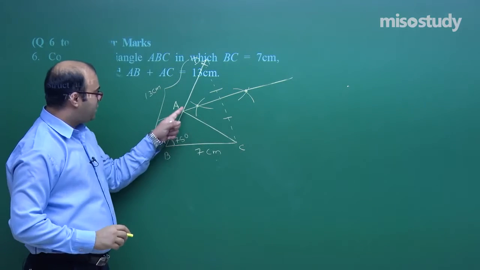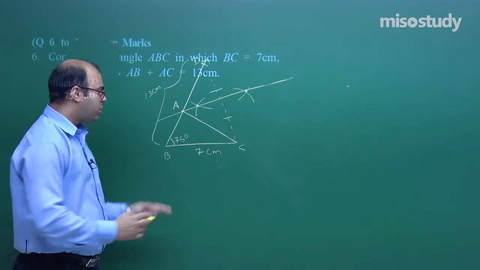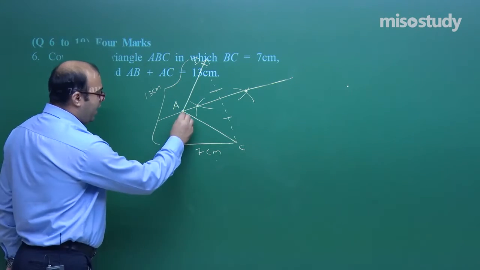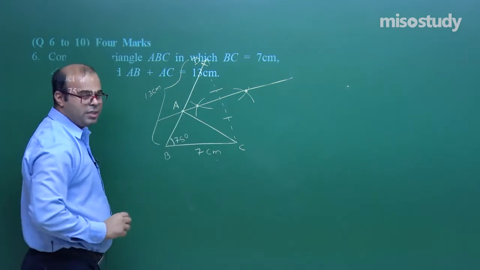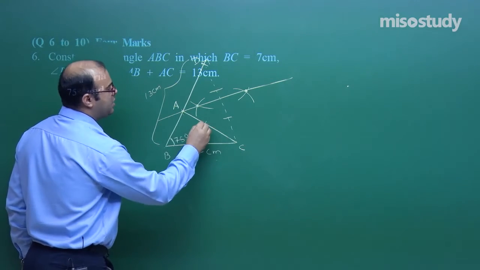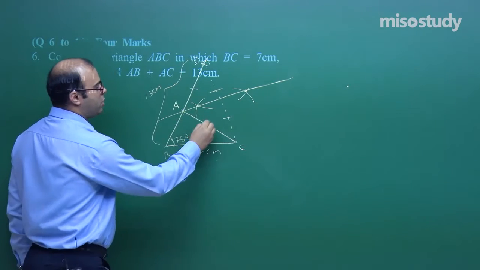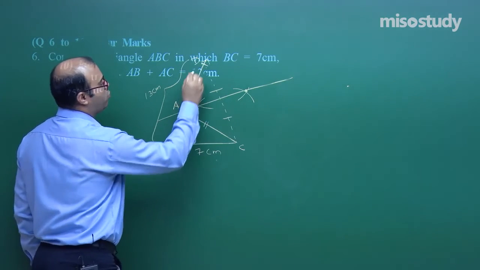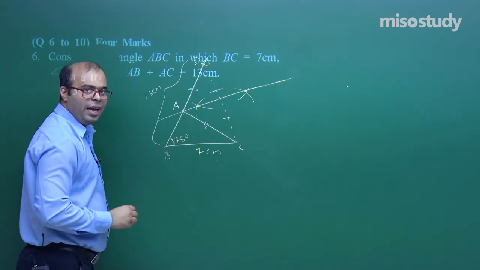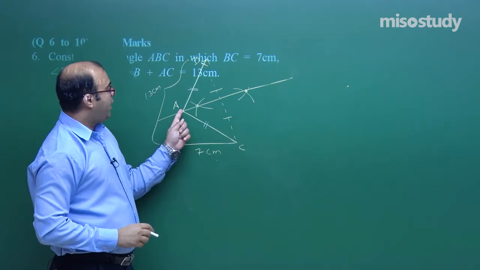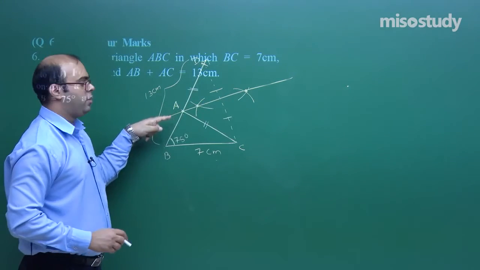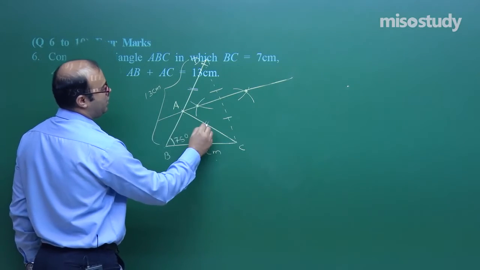Now we will say that this triangle ABC is the required triangle because its base BC is 7 centimeter, this angle is 75 degree and AB plus AC is equal to 13 centimeter. Why, students? Because AC is equal to AD, because these are the distances from the same point on the perpendicular bisector to the two end points of the line segment. So, we say that AC is equal to AD because this is a perpendicular bisector on which A lies. So, we now know that this is equal to this.